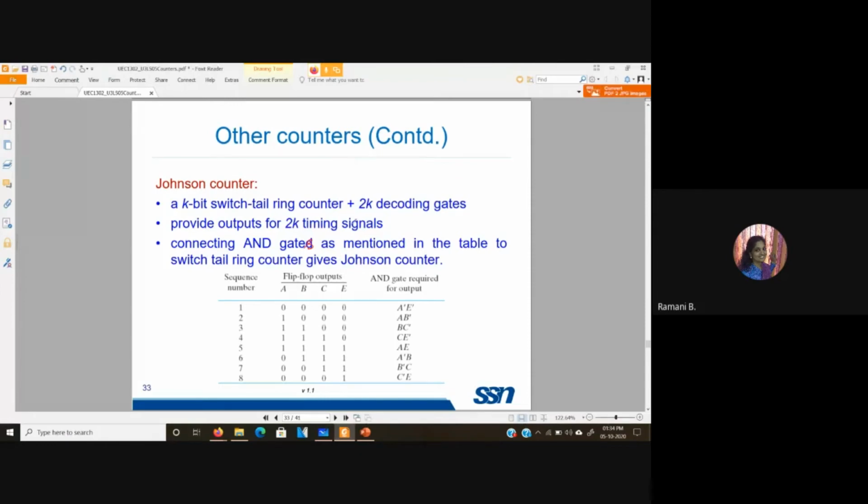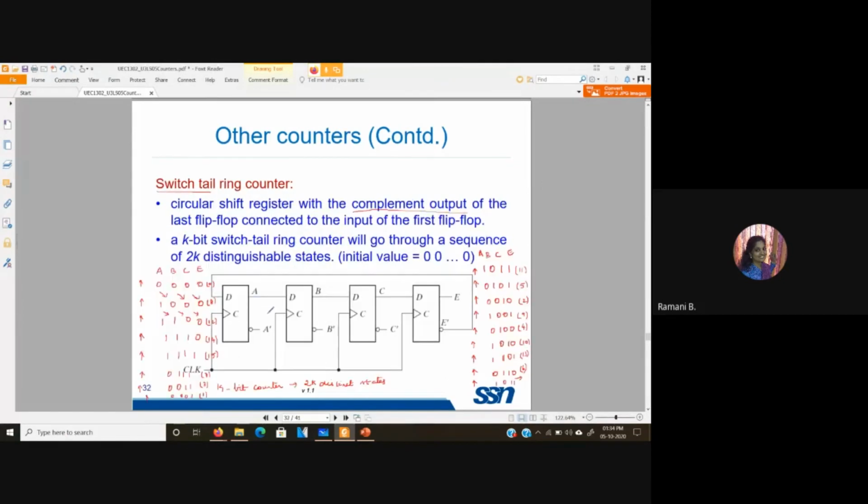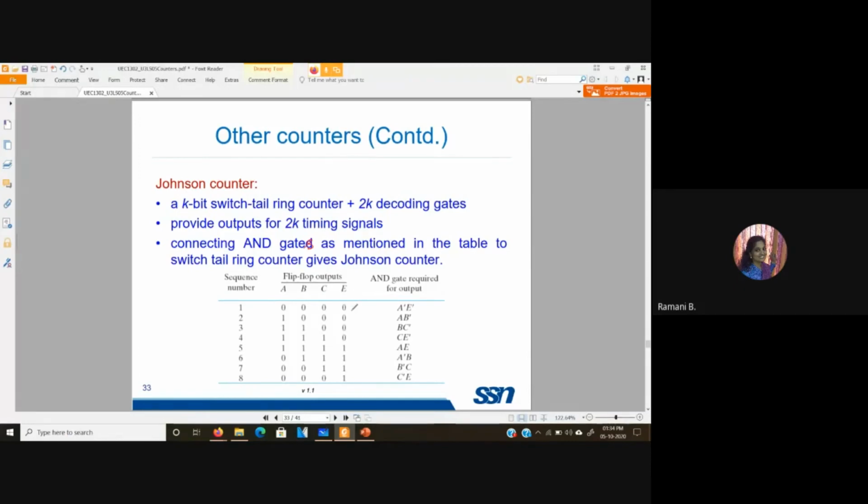So this is the sequence of states we saw just now: 0, 8, 12, 14, 15, 7, 3 and 1.